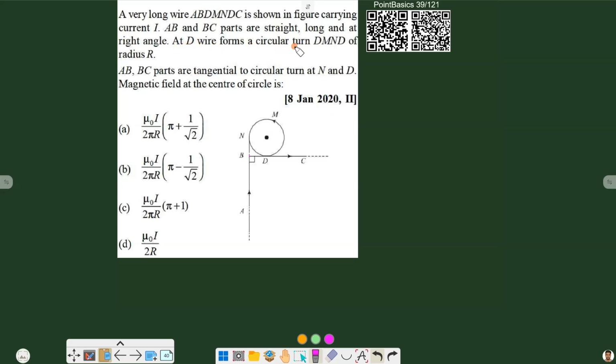At D, the wire forms a circular turn DMND of radius R. AB and BC parts are tangential to the circle, and we have to find the magnetic field at the center of the circle. So we have to find the magnetic field at the center. And as mentioned here,